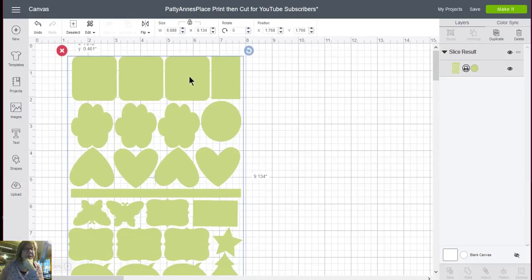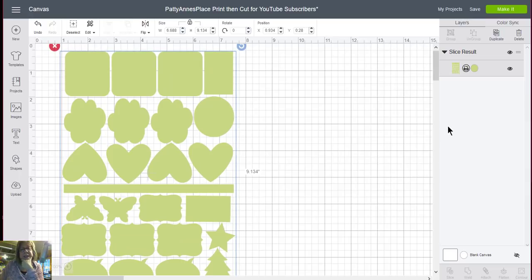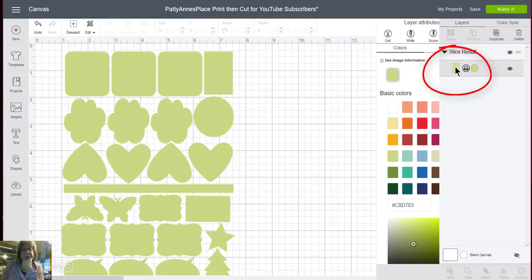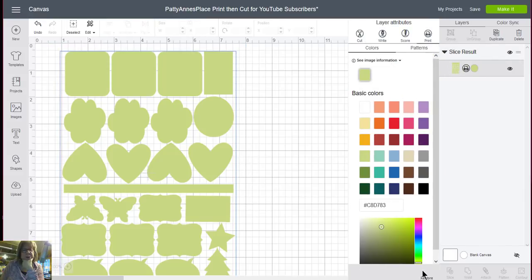All right, so now we're here. And what I can do is come over to the right-hand side where this box is. If I double click on that, this little window comes shooting out. Now, if I'm working on my laptop, I know it doesn't work on my phone, and I do not think it works on an iPad either. You have to be working on a computer. This little flyout window comes